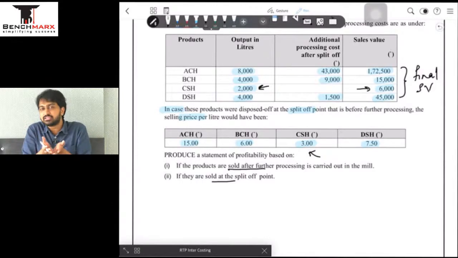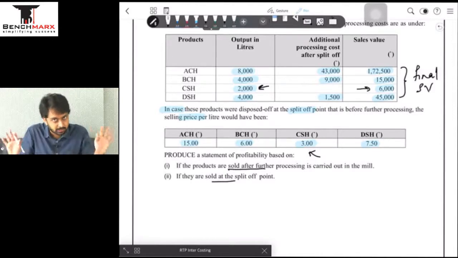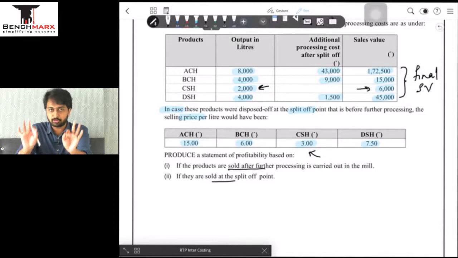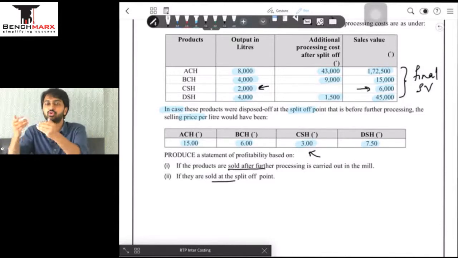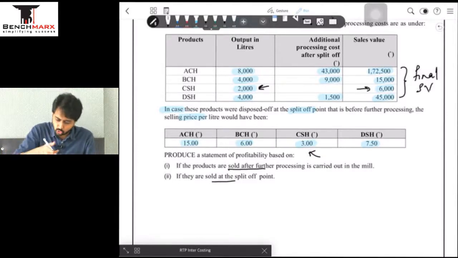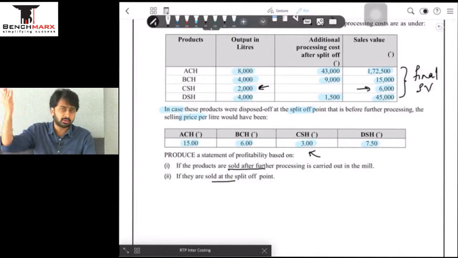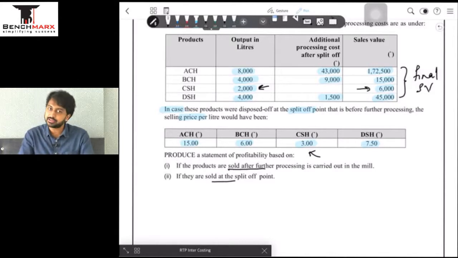Frankly, we can make a decision depending on the final sale value and the incremental sale value and the incremental cost of processing. But if पूछा ही नहीं है तो अपन शाना नहीं बनेगा. We have to simply find the profits if sold at split off. Find the profits if sold at final sale value. Simple. ठीक है, so all numbers are given to us. All we have to do is simply make a columnar table and find A, B, C and D के respective profits, and well, that's it. Final sale value is given, post separation cost is given.